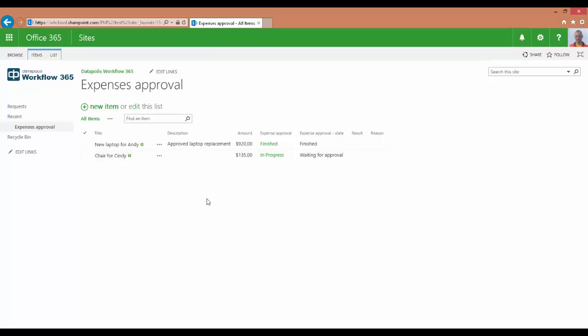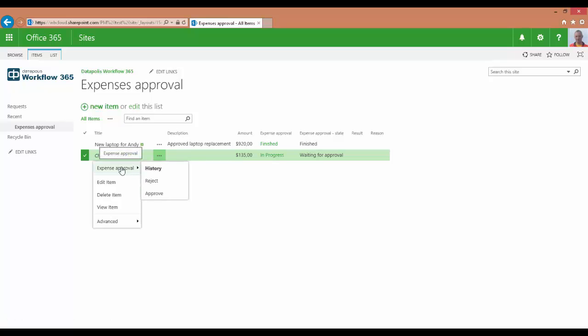As you remember, I didn't agree for a new chair for Cindy, so this time of course I will reject it, and clicking here I see expense approval, our workflow with the reject. Let's click on reject,